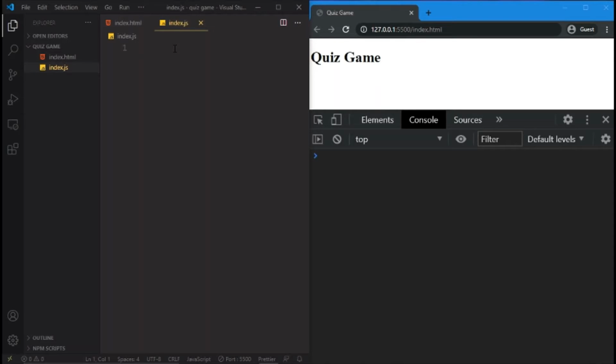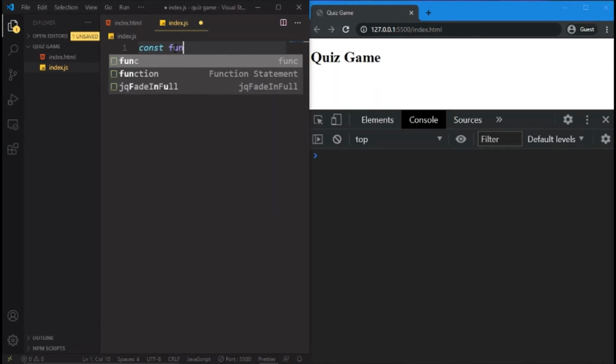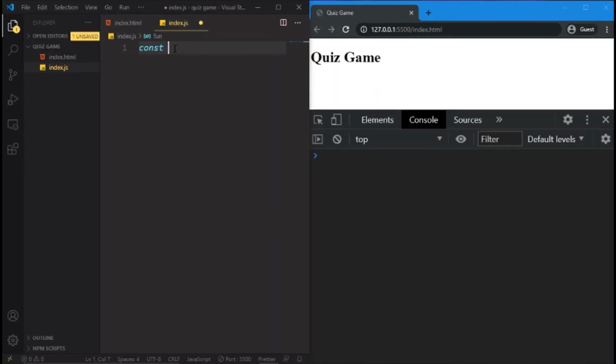So first one will be constant quiz equals to function. Okay, and this function we are going to open it, and now over here we are going to add it as